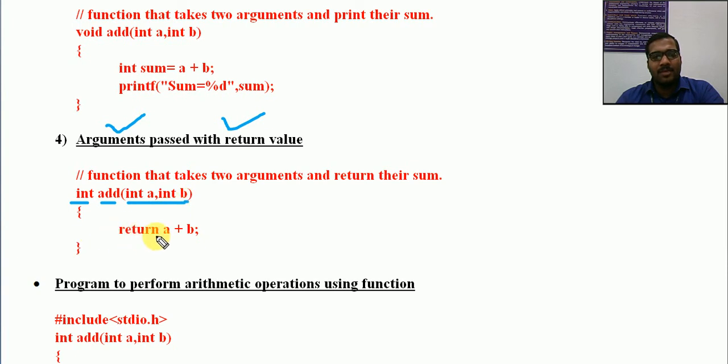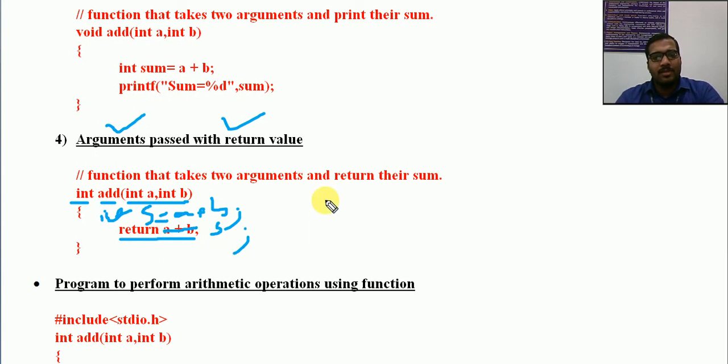Now I am simply writing return a plus b, or else I can write int s is equal to a plus b. Then I can simply write return s. That is also correct.